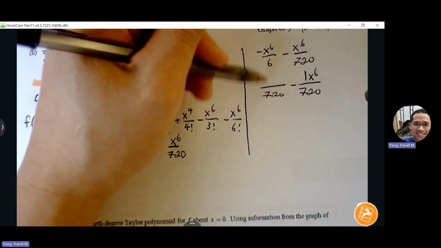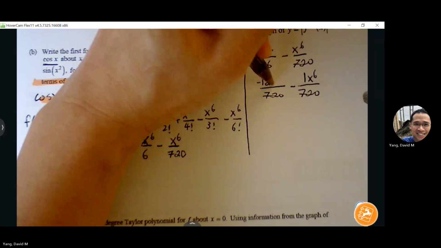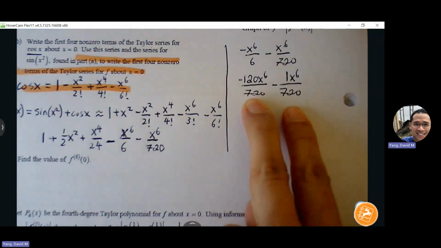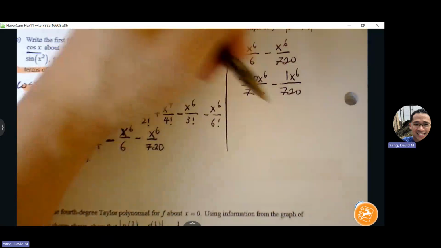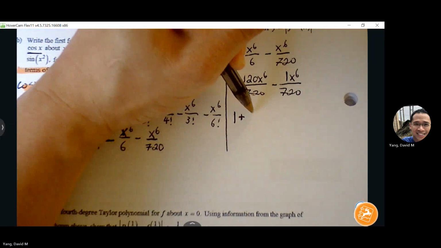Six times 120, 720 divided by 6 is 120. So this combines to be what? Yeah, okay, so I'm gonna have my first four terms here. 1 plus